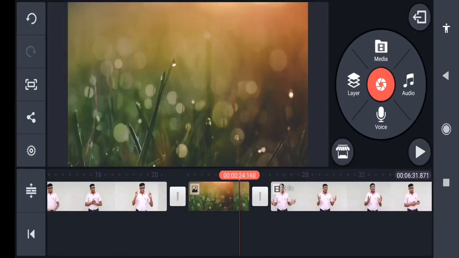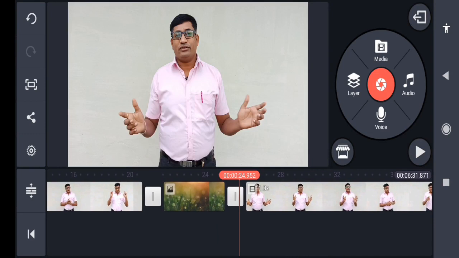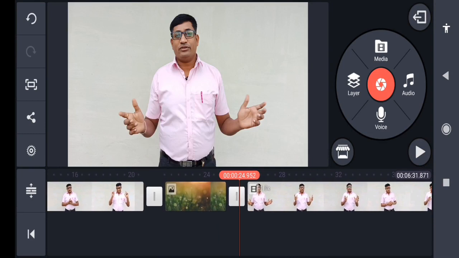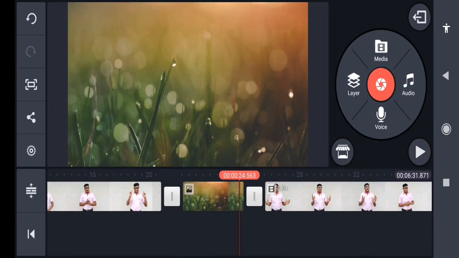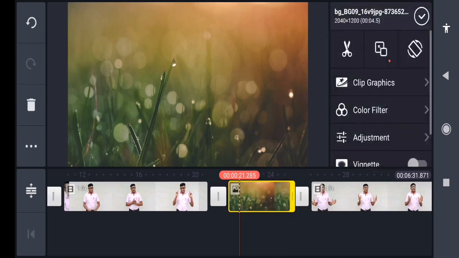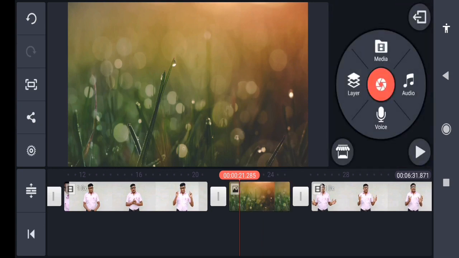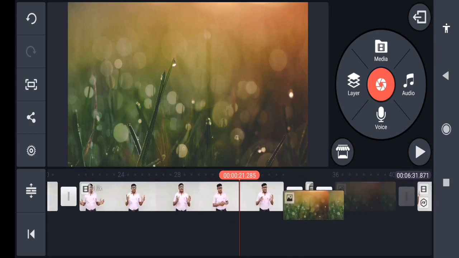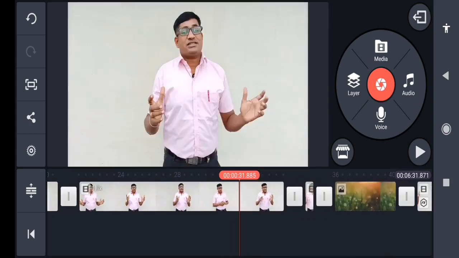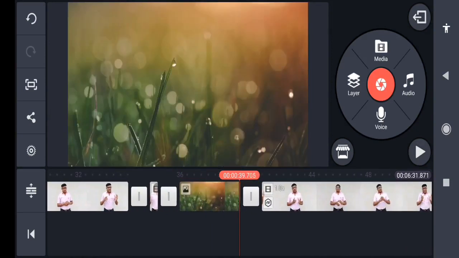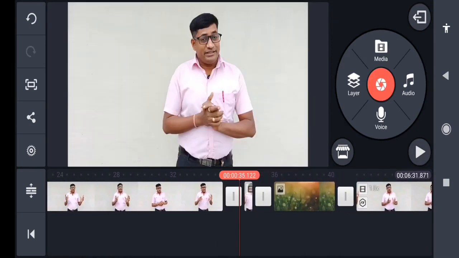Now again, the important thing you can do here is that if you want to move a part of the clip or the background, or you want to shuffle, for that purpose simply you have to click on that. Let's see, I have clicked here, or rather than clicking, you have to press with your finger. Now you can move it anywhere. I am moving it to the right. Let's see here. Now this part came over here. In this way you can shuffle any part of the video with any other part.